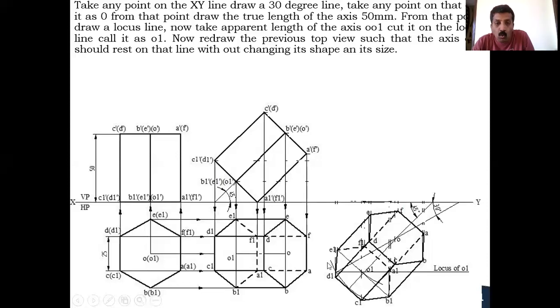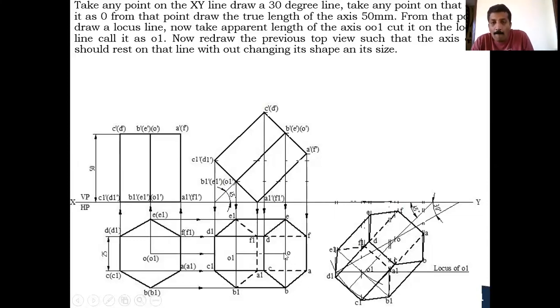Okay. Now O1 I have fixed here. So I need to redraw this top view such that this O1 should coincide with this O2 O1. Like that, I should redraw it without changing its shape as well as the size. You know how to redraw it, you can use many methods. O1 I know, correct? So after this, to get the other points, from O you draw the perpendicular line like this, as well as from O1 you draw a perpendicular line like this. Okay. After that, O to E, O to B, O1 to E1, O1 to B1 distances are the same. We can cut those perpendicular lines. You will be getting E, B, E1 and B1.